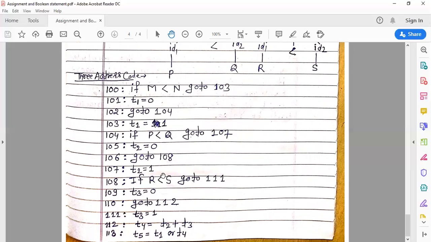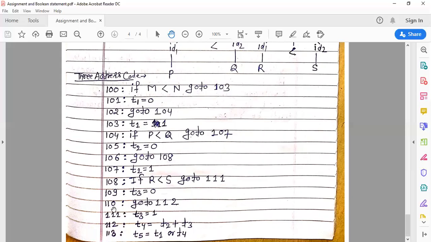So if R less than S is true, then control jumps to 111. If this is false, 109: T3 is equal to 0, and 110: go to 112.